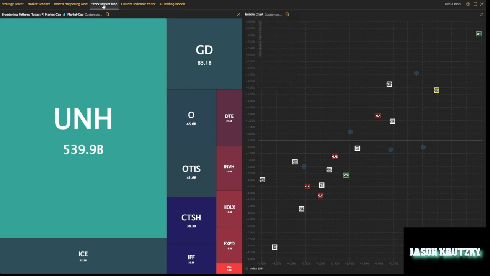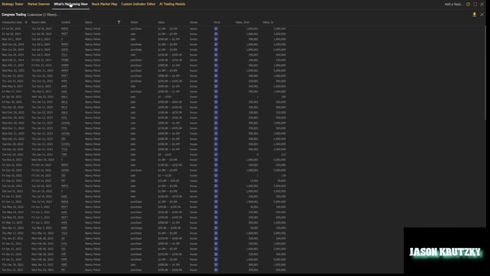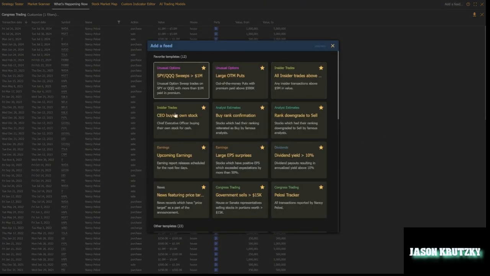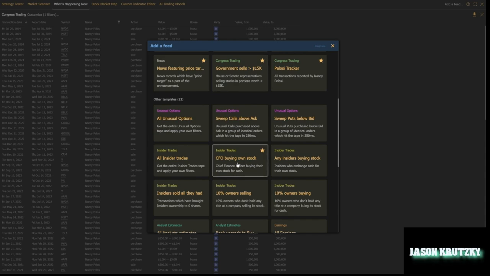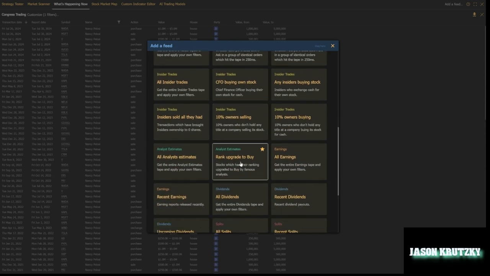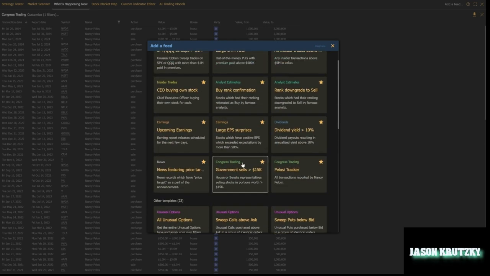Still, another key feature that has seen a lot of big changes this year is the What's Happening Now feature. If you turn that on and click Add a Feed, you'll see all the different types of data feeds that are available. We've got unusual options feeds, insider trades, analyst estimates, dividends, Congress trading, lots of stuff here that you can utilize. So let's say, for example, you're looking for